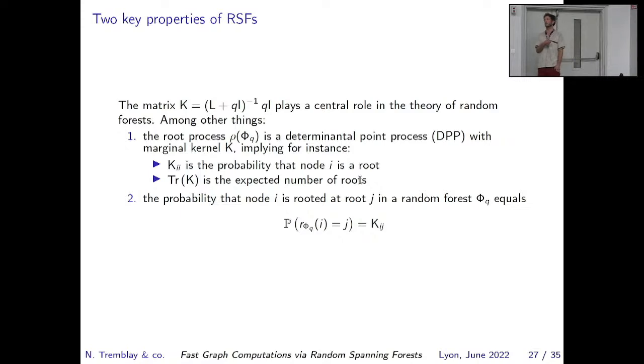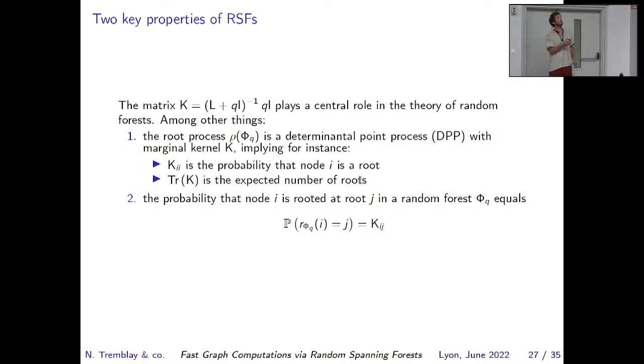Okay, so you're probably seeing where I'm going with this: this trace of K, I don't know how to compute it very efficiently, at least in large n. This inverse trace operation. But what I can do is sample a random spanning forest, look at its roots, not even its roots, look at the number of roots. It's even simpler, and I have an unbiased estimate of what I'm looking for, the trace of K. But this is part 3 of the talk.